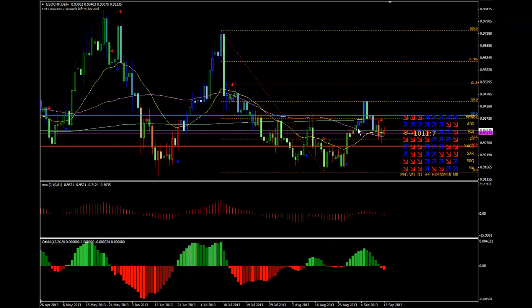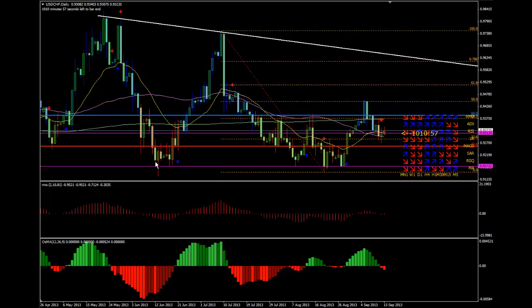US dollar Swiss franc. Now again, the longer term trend is very much negative. We have swing lows. However, we have seen a nice strong support recently. Price has tried on a number of occasions to break the support level here once we broke below the weekly. That's failed to happen, and subsequently in this support level over here, you can quite clearly see we